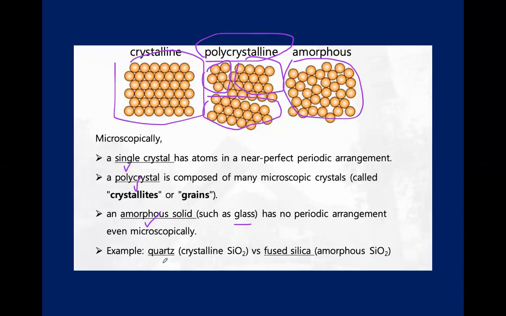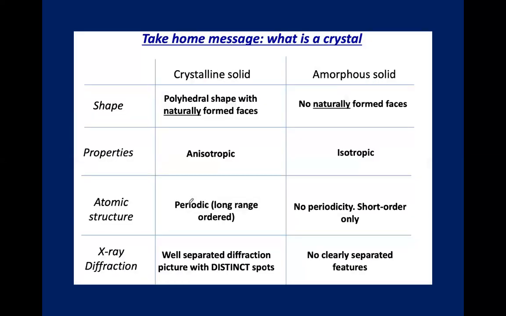And quartz, naturally occurring quartz is there as a crystalline material, but fused silica, that means if you dissolve natural silica at high temperature, you make it a magma, right? You make it a liquid and then crystallize. So there you don't find any crystalline silica. You will find silica, but it is amorphous. SiO2 is there, the chemical composition is there, but it's not crystalline, right? So these two different types of materials are available, right? Okay, so